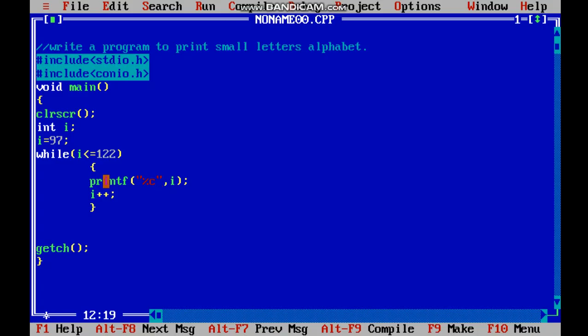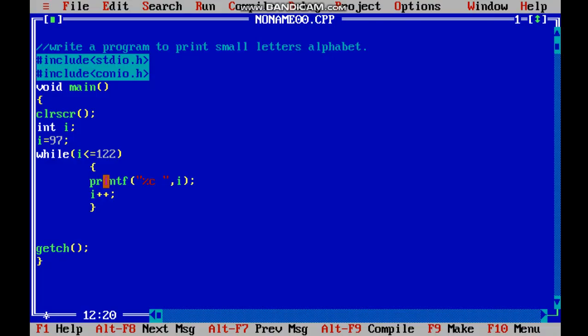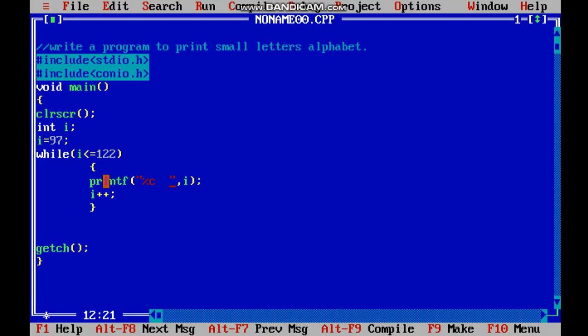That means it will seem like a word, abcd and so on. But if I leave a space here, then it will provide me a space of 1. See, this seems more pretty. I can give one more space, Alt F9, Control F9. It seems good and clear now.